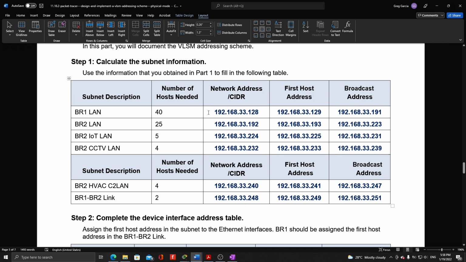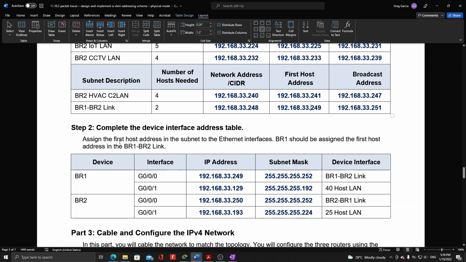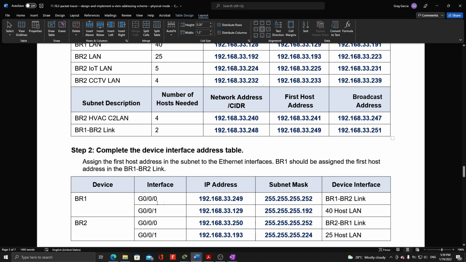So this is the summary of what we did a while ago. Then for step 2, complete the device interface address table. So assign the first host address in the subnet to the Ethernet interfaces. BR1 should be assigned the first host address in the BR1 and BR2 link. Based on the topology a while ago, the Gigabit Ethernet 0 of BR1 will be assigned with the IP address of